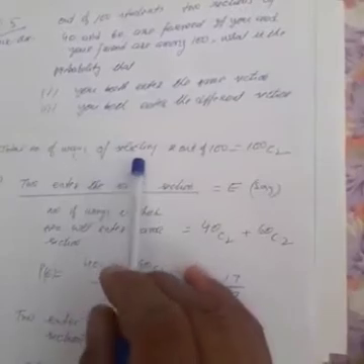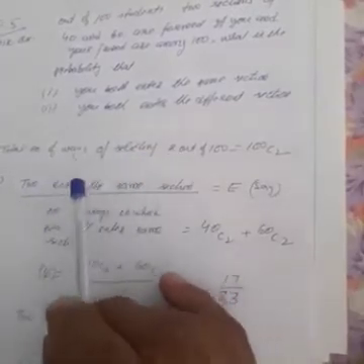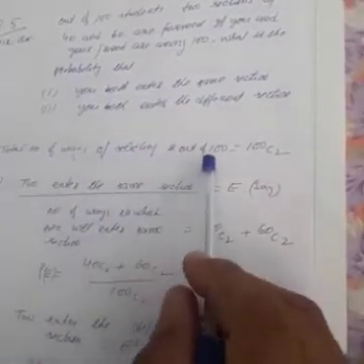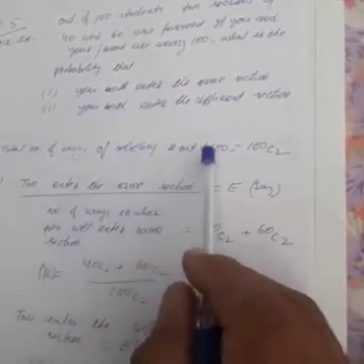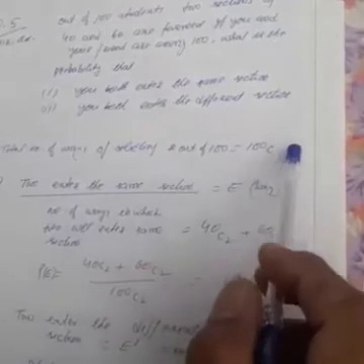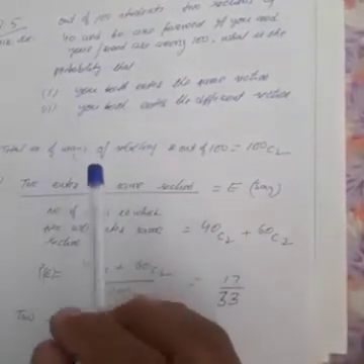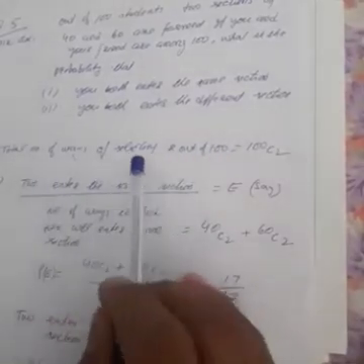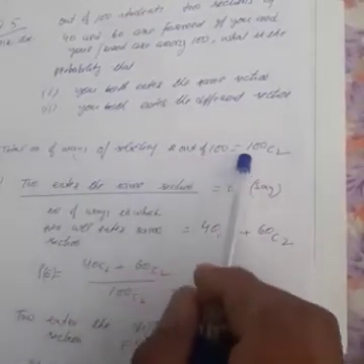Now the total number of ways we can select two students out of 100, 2 out of 100, that is 100C2. This is the sample space. Because it is selection, we have to select the students for forming a section, so combination will be used. So two students can be selected out of 100 in 100C2 ways. This is the total possible outcomes.